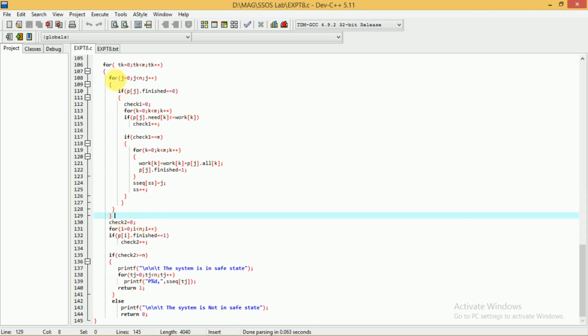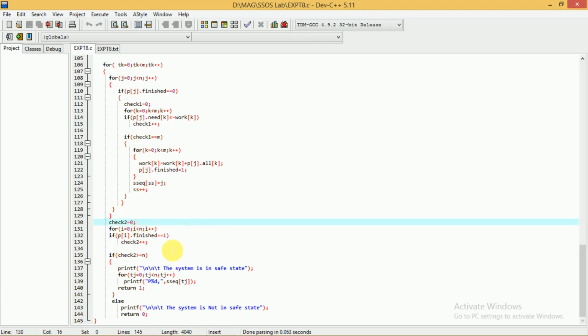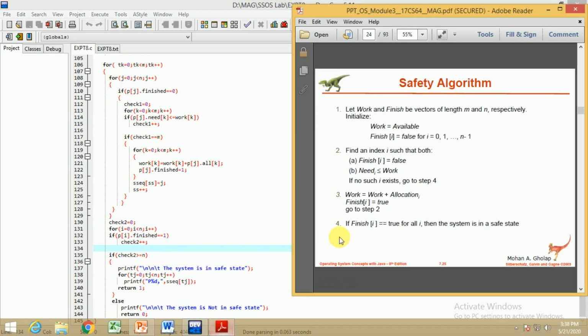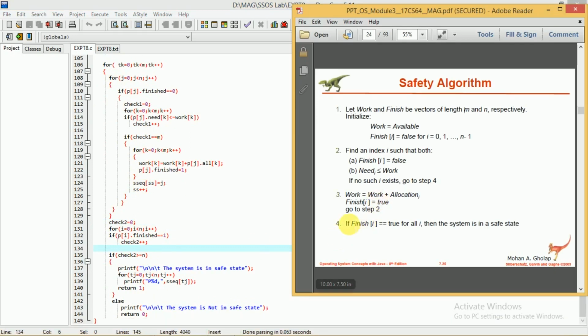Once the execution of these two for loops is completed, we take one more variable, check2 here, which is initialized to 0. The next step is to check whether finish of I is equal to true for all the I, that is, for all the processes.